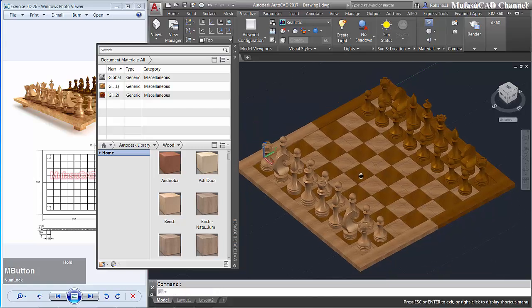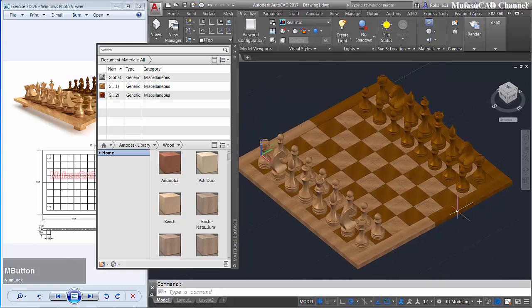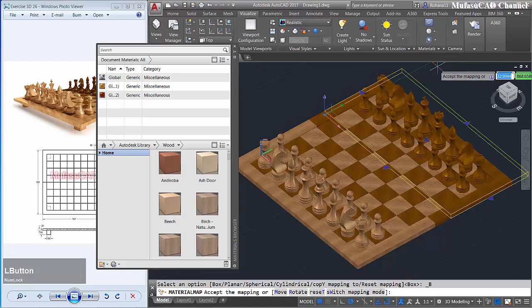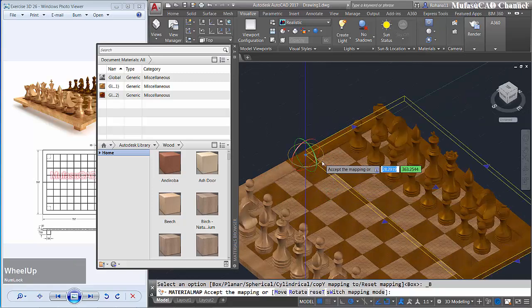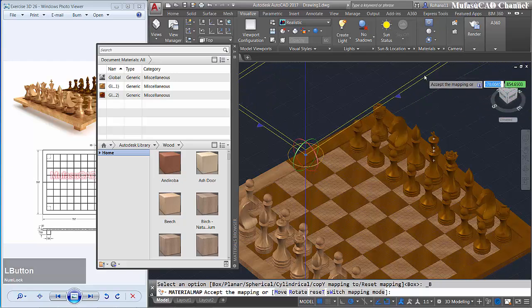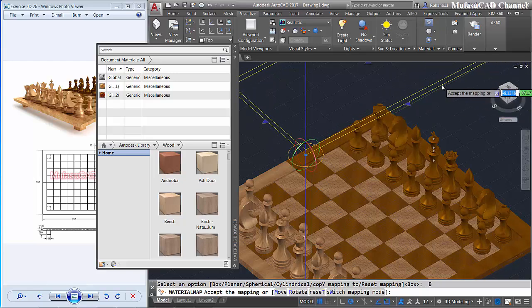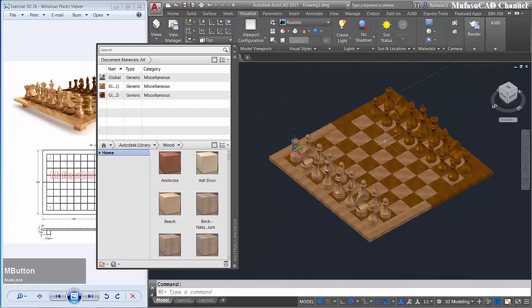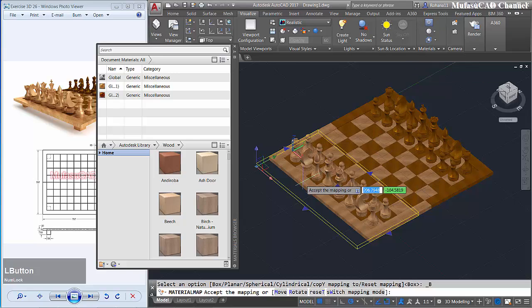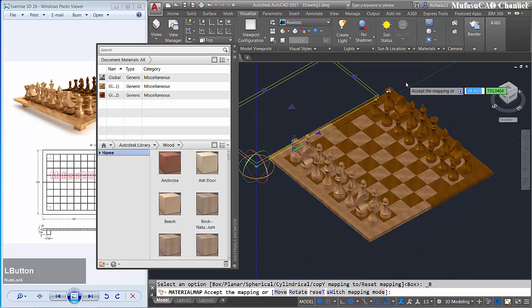Next, use mapping tools. I will map this object. You can click here, change into box mapping. Okay, right click and rotate. I will rotate in the blue axis to this point. Okay, right click, move and enter to close. We map again this object. Right click, rotate, click here and map to this point.